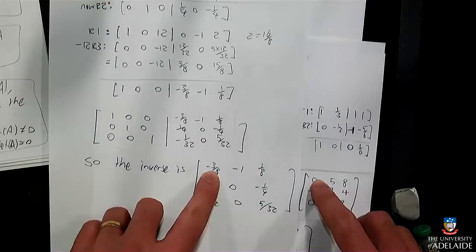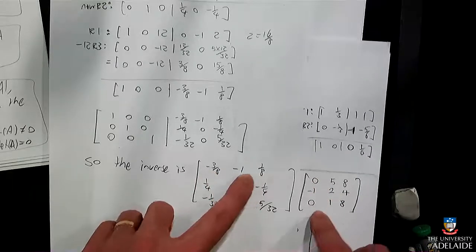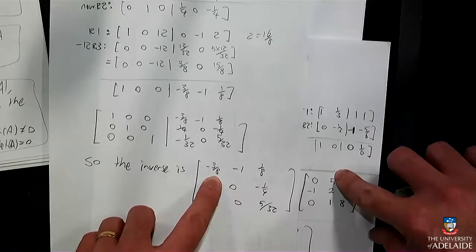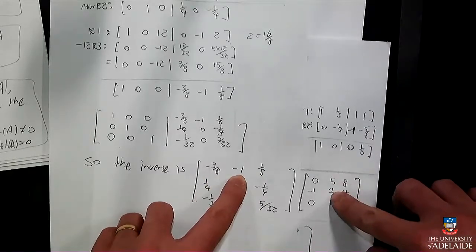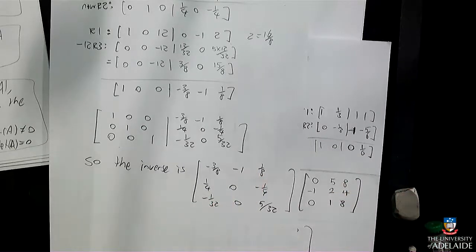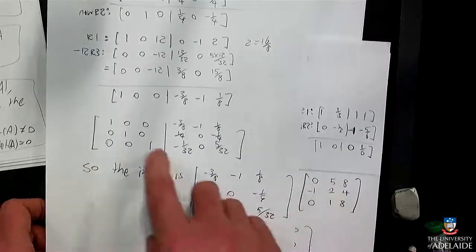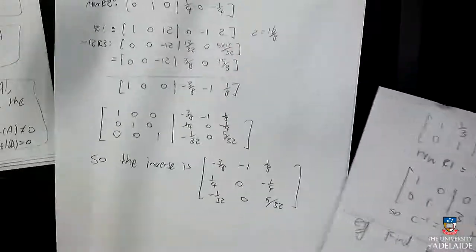So 0, 1, 0, that's correct. Minus 15/8, minus 2, plus 1/8. My top row is wrong, isn't it? Could have been anywhere. Okay. So I do know a neat little trick: if I do the thing here on the left of my original matrix, it should produce this thing here. So that should be true everywhere. So if I go back to an earlier stage of my working,